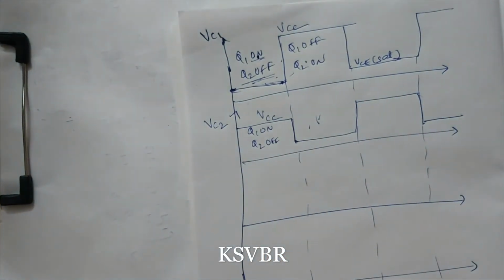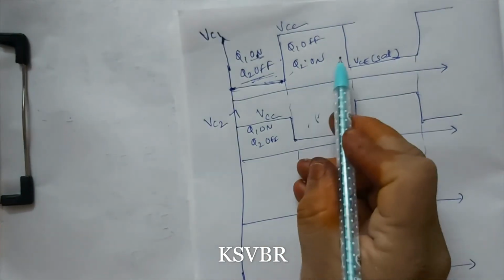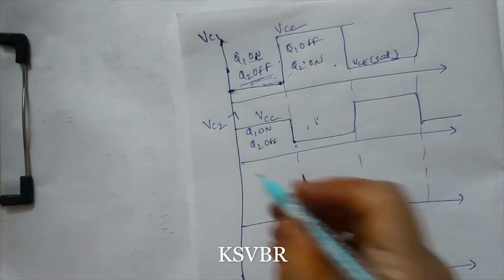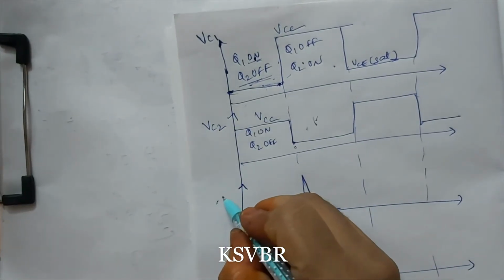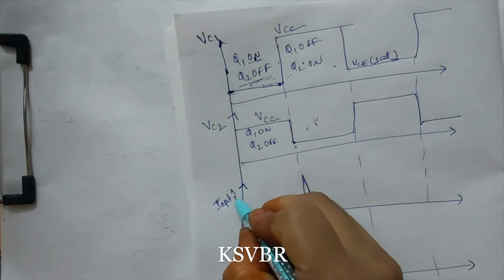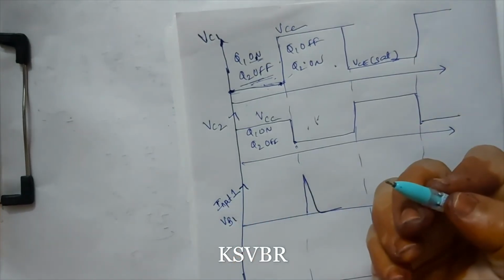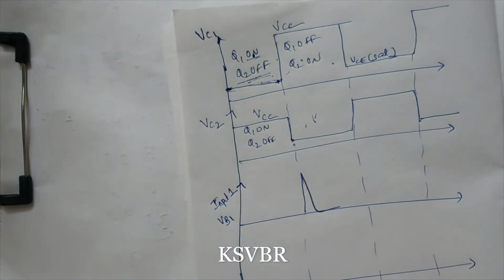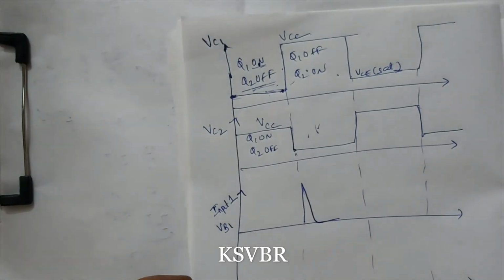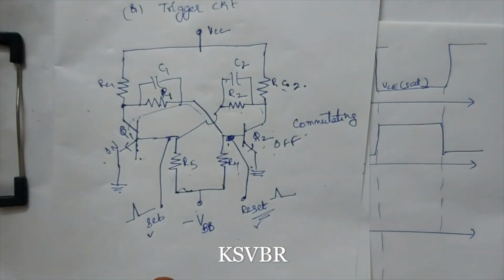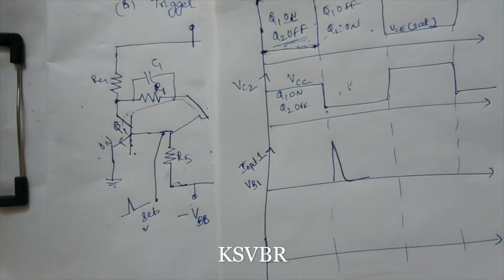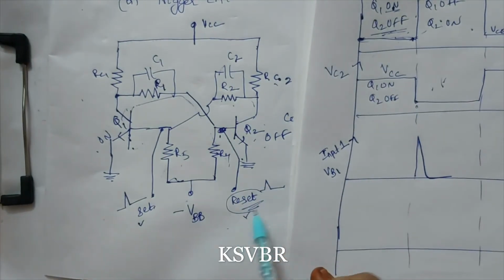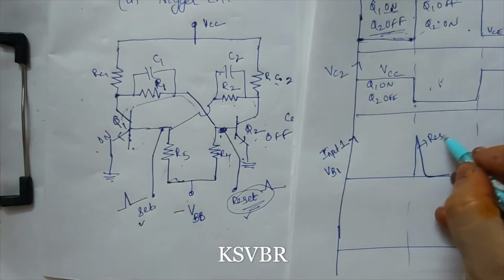By changing from the first stable state to the second stable state, the state is changing, so here the pulse will occur. Input 1, or else you can call it VP1. Sorry, from our circuit diagram, the pulse that is changing from stable state 1 to stable state 2 is reset. So this is the reset signal.